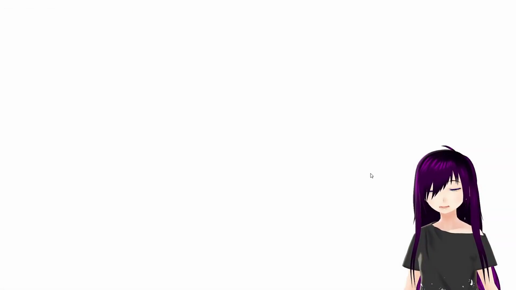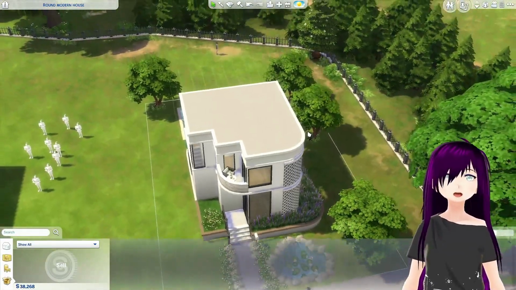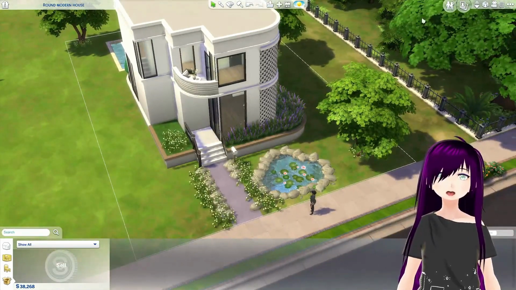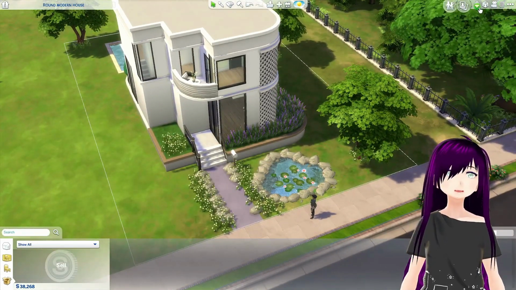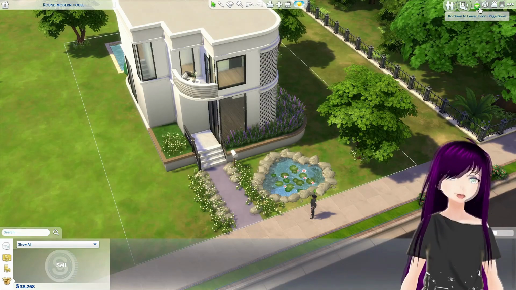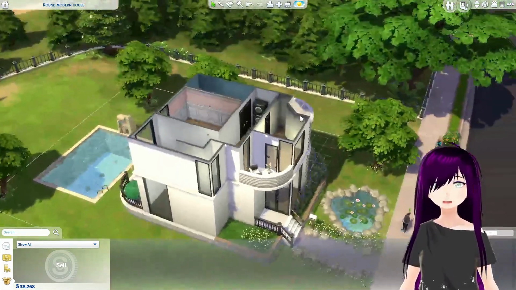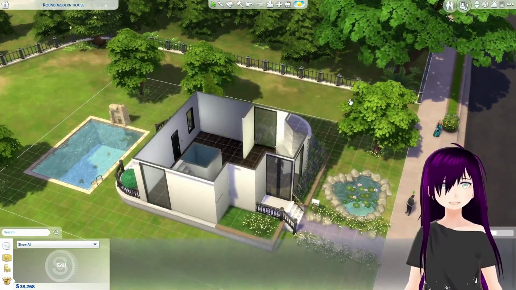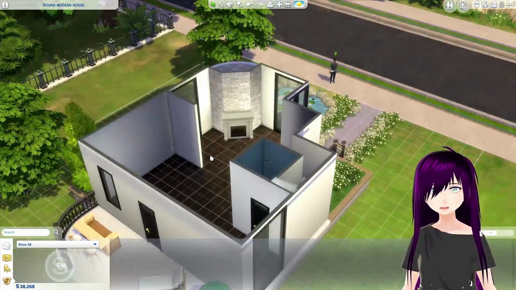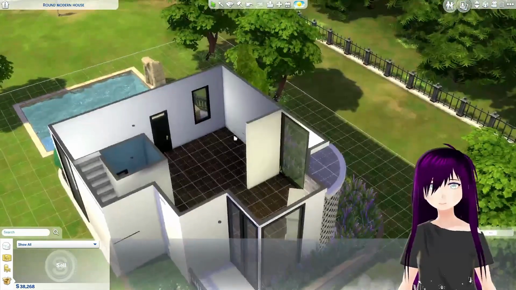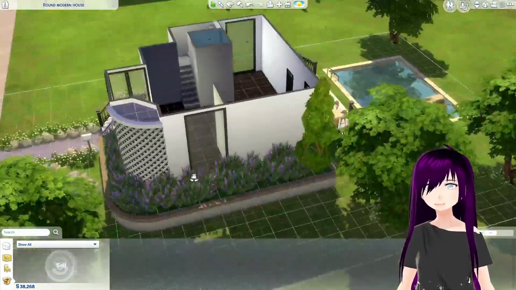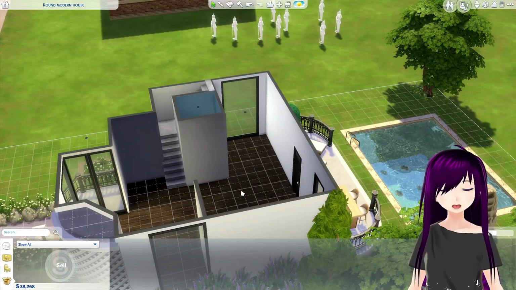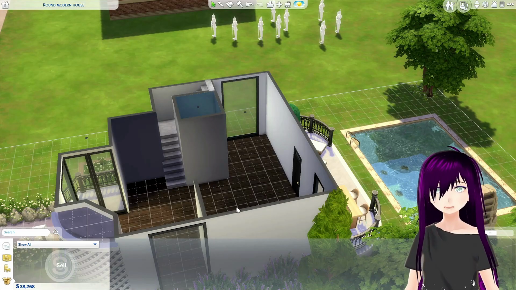I've also put all the decades in this wheel, so we're just gonna spin for each decade and see what we get. And here I have put down one of my old builds, and I have cleared out all of the furniture, not the outside, we're not gonna do the outside. We've got here a kid's bedroom, a parent's bedroom, a bathroom, and downstairs we've got a living area, the kitchen and dining space, and here is a little office space and a bathroom. So we're gonna spin for each of those rooms.